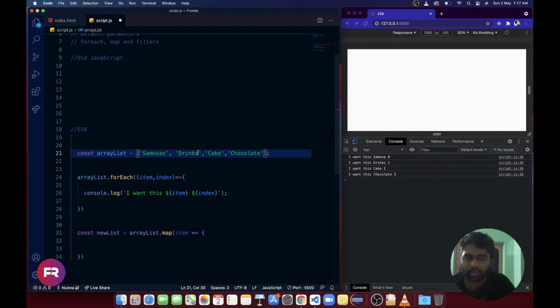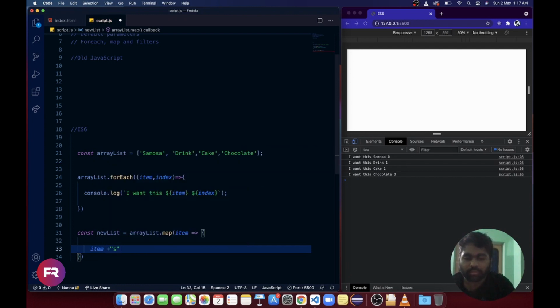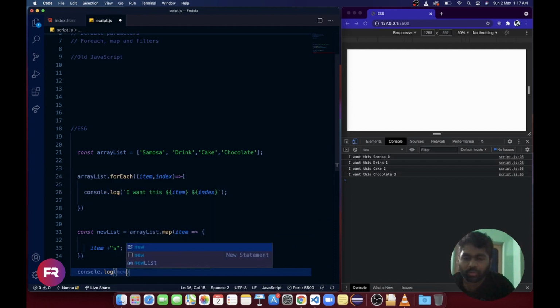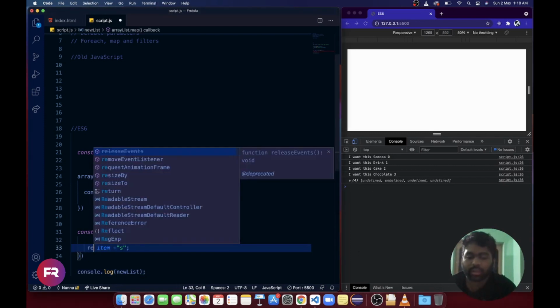Drinks I already have with s, so let's remove it, and chocolates, let's remove s here. Let's save. Now let me print console.log of newList. If I save, I'm not getting anything because I'm not returning here.